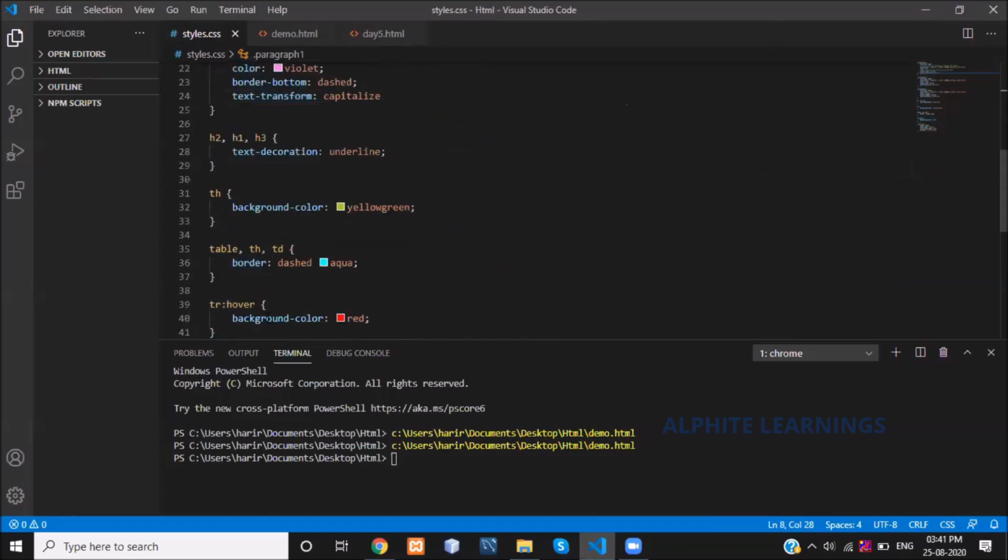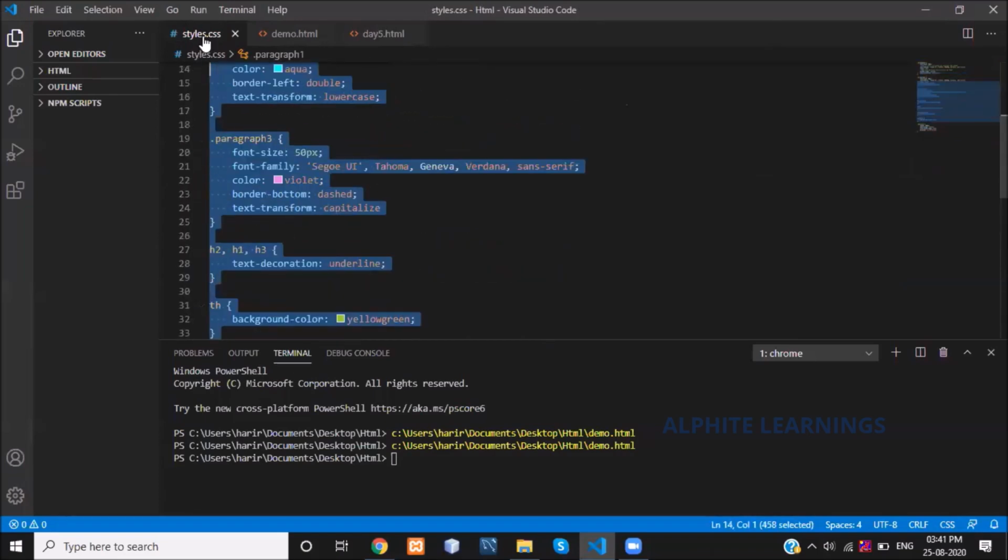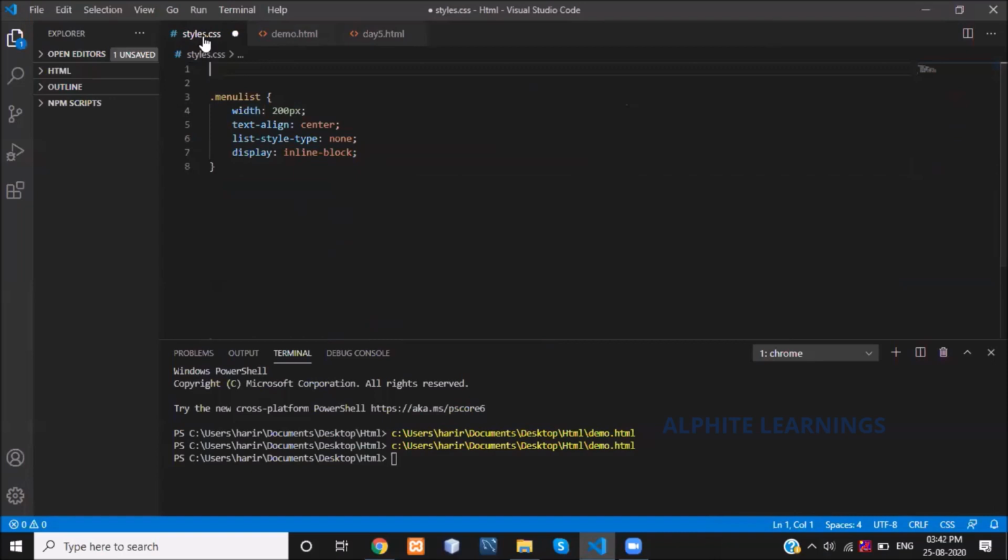Let me remove all those things. If you want, you can add whatever styles you want in the styles.css. Don't delete and add what I am doing. I don't need those particular styles in my web page, so I am not using them. For your understanding, I am adding just this one particular selector and properties.